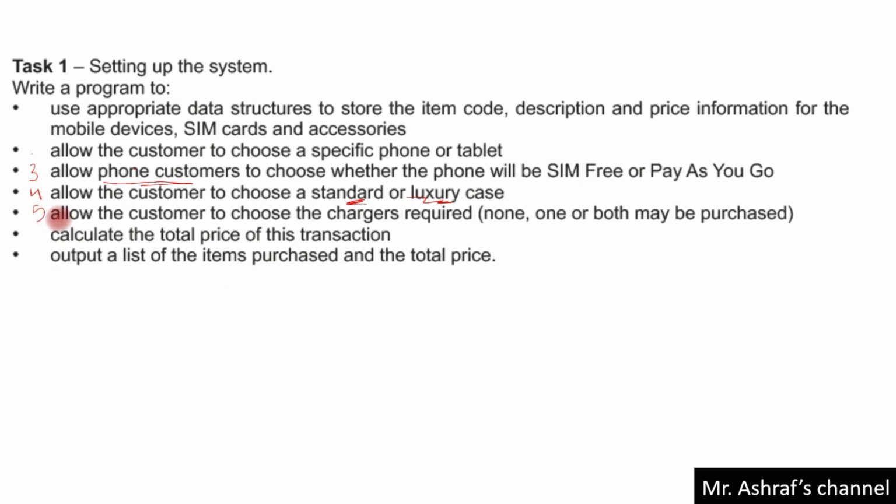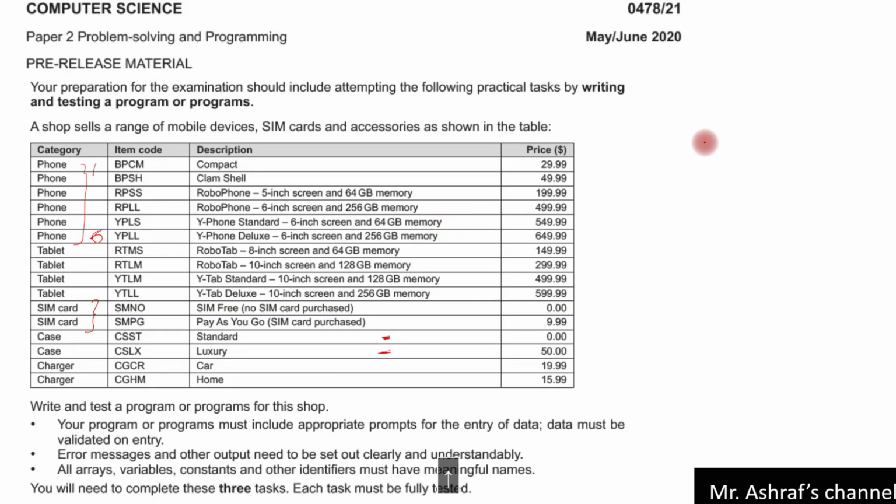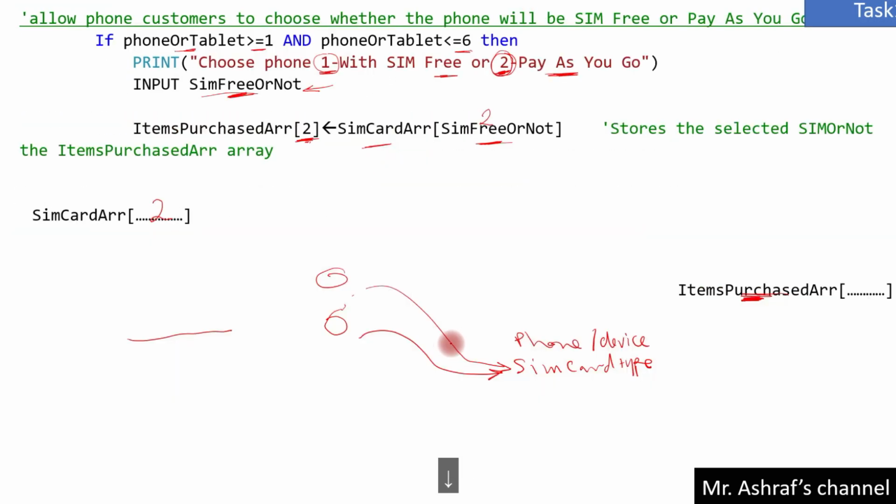Point number 5: allow the customer to choose the charger required. He can choose none, he doesn't need a charger, or he can choose one or both may be purchased. That means he can choose none of these, or a car charger or a home charger, or both of them. So he has 4 choices. Now how to do this? Also, we will use another